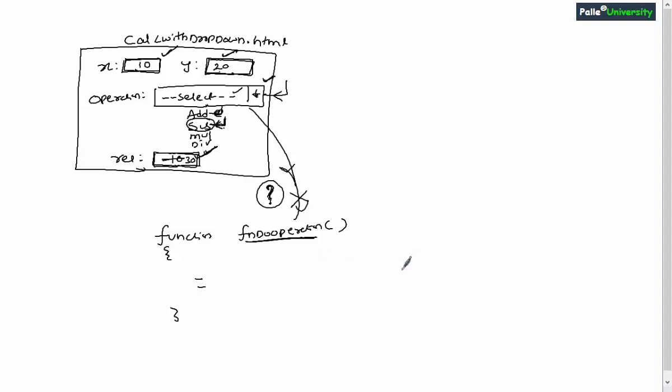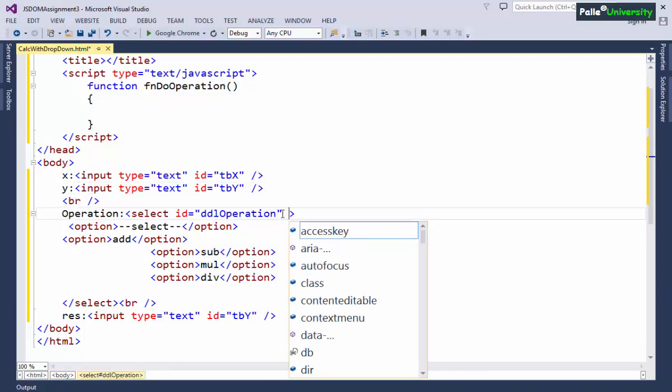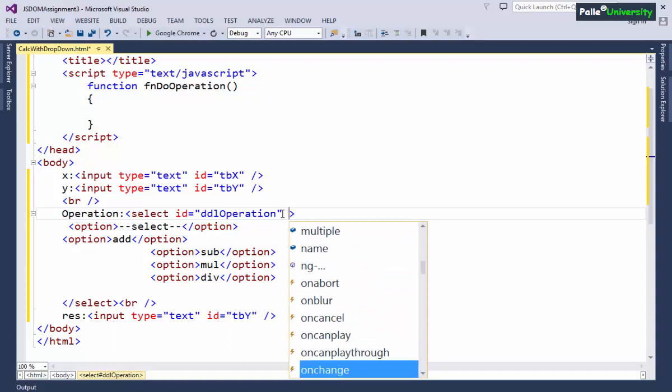So for that we have to identify the appropriate HTML event. For achieving this, I recommend you to click on spacebar over here. You will see the list of HTML events. Now I recommend you to carefully observe the events, right? Do you think that onabort is suitable for calling the JavaScript function? Obviously no. Now your task is to identify the corresponding event.